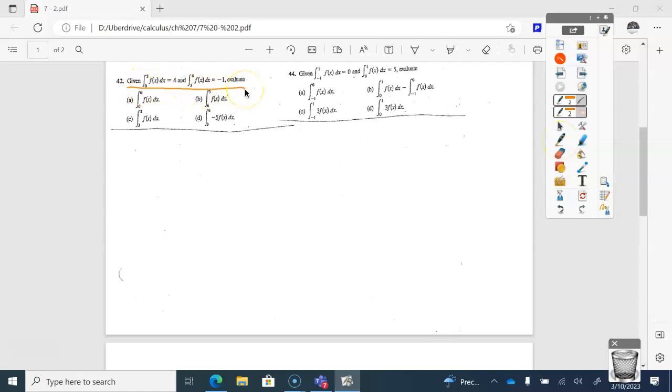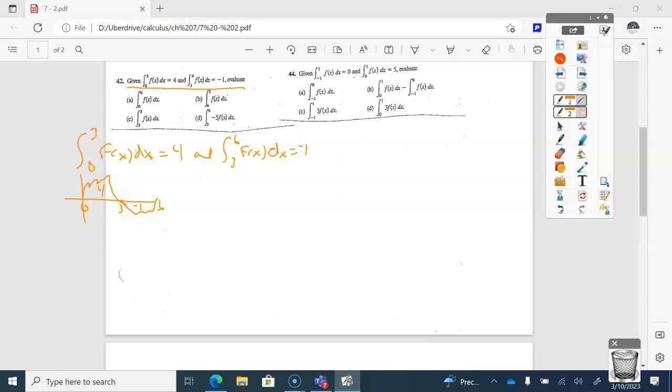tells me something. It tells me that I have a graph from 0 to 3 of f of x dx, and it has an area under the curve of 4. So if I had this graph, from 0 to 3, this area is 4. And then it says from 3 to 6, the same function dx is equal to -1, which means from 3 to 6, whatever it's doing, its net area is 1 below the axis,